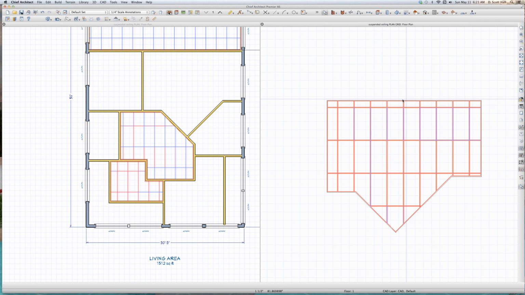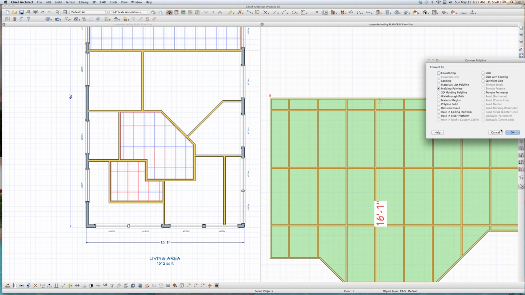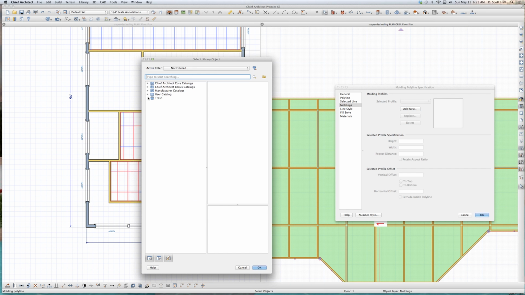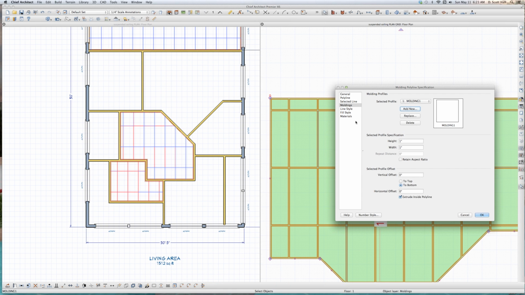This is a P line. I haven't created the grid yet. I mean the channel that goes around the room. So I got to turn that into a polyline molding. Go over here to my moldings, add new. It's my molding, user catalog. My moldings right there. Molding number 1. Okay. And it's going to be 1 by 1, and the vertical offset